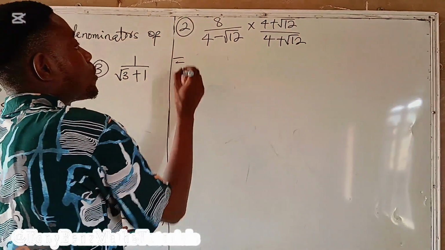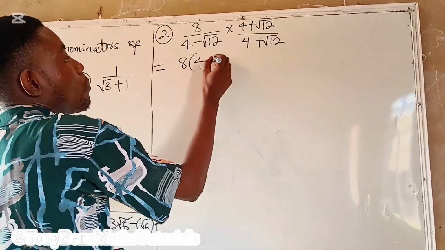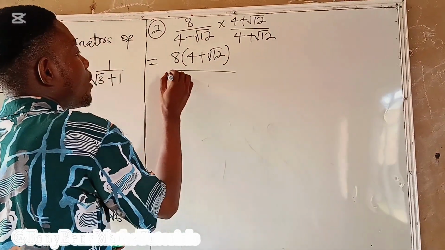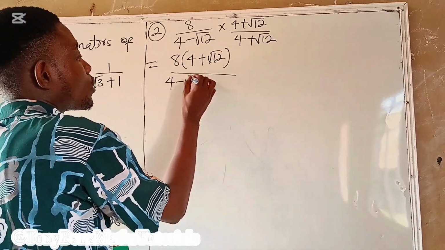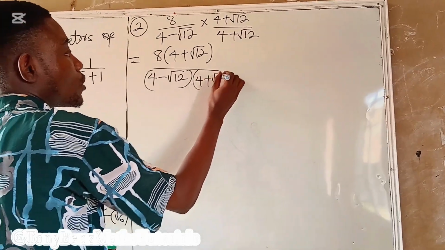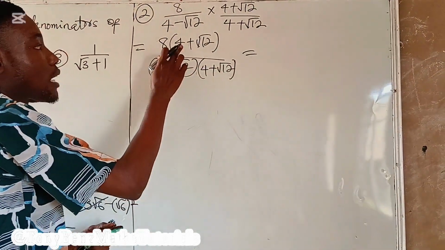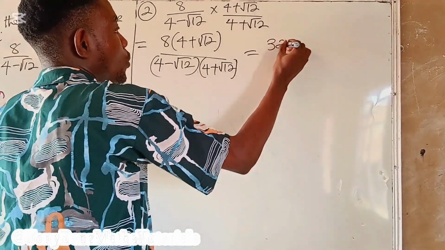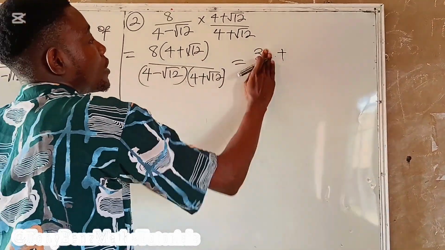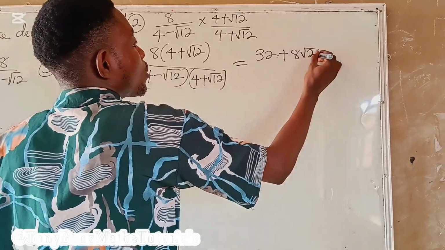And it's equal to 8 times this guy. We have 8 into 4 plus root of 12 all over 4 minus root of 12 into 4 plus root of 12. And the same as saying 8 times 4, 32, plus 8 times root of 12, we have 8 root 12